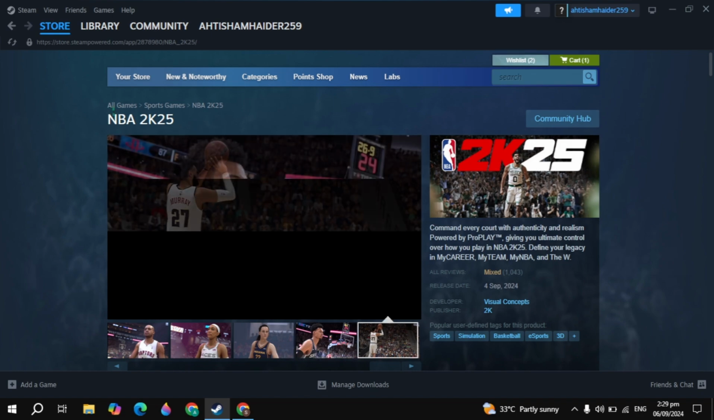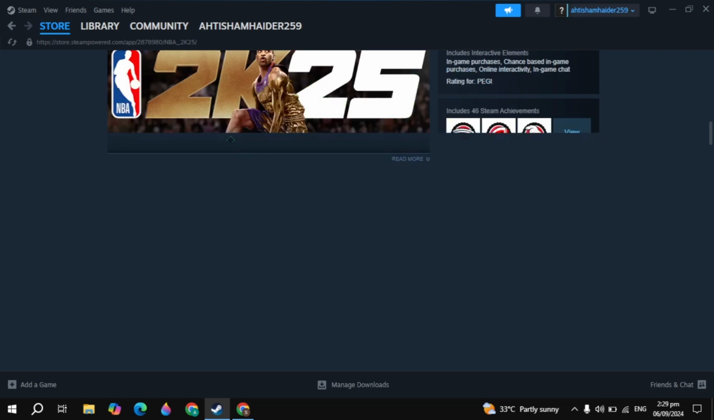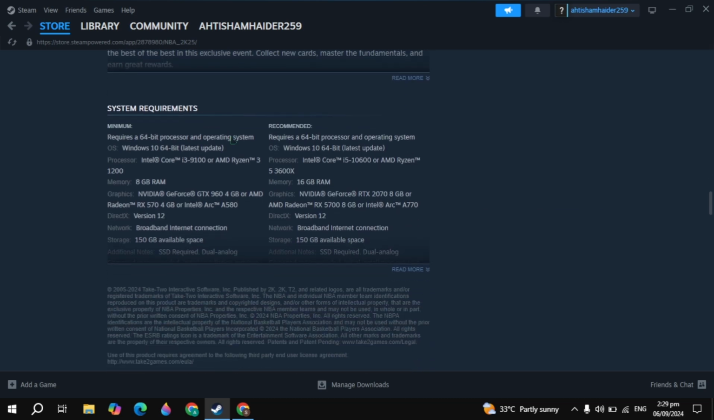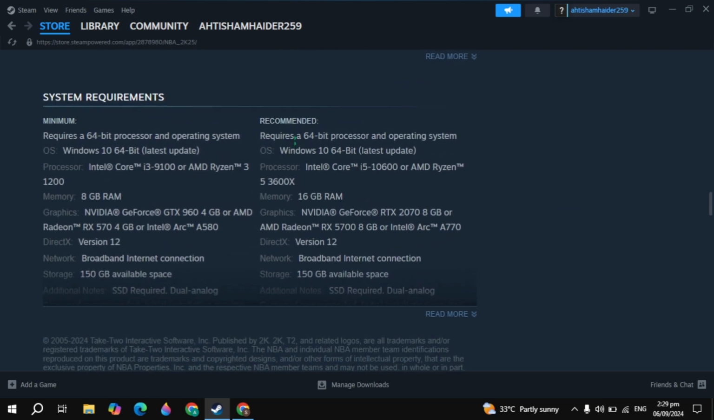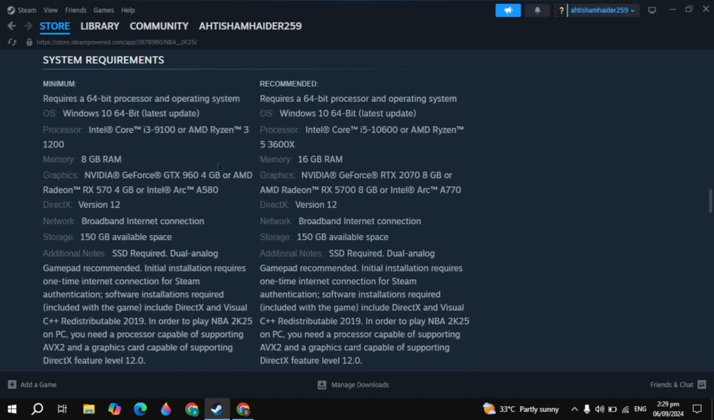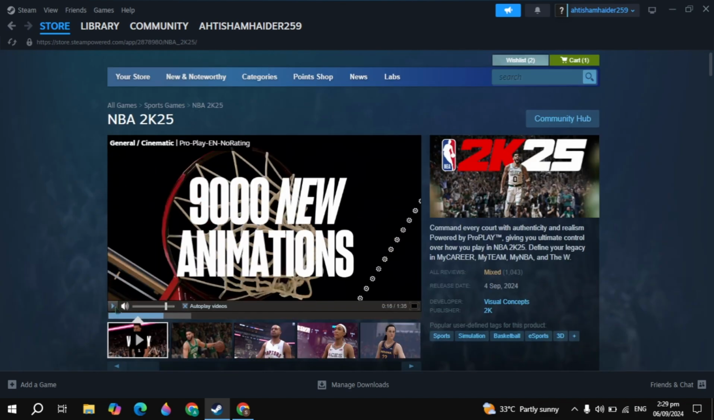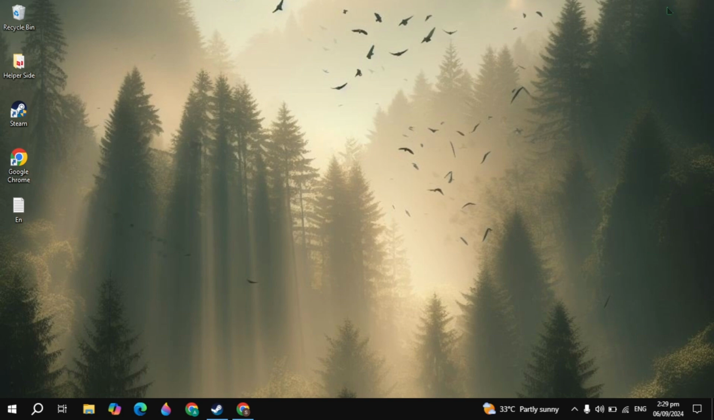And you also just need to make sure that you have the minimum or the recommended requirement to run this game. If I scroll down, you will see the system requirements. Here you just need to make sure that you have the minimum or the recommended requirement, which is this. You have 16 GB RAM in the recommended. If you have the minimum or the recommended requirement, and your game is still crashing, then